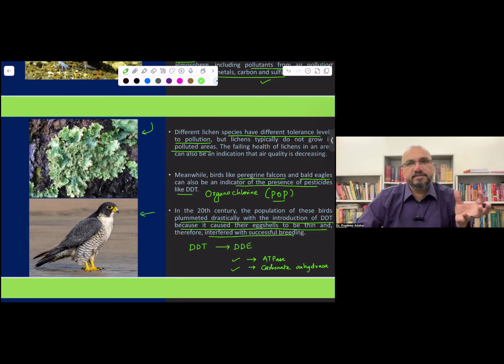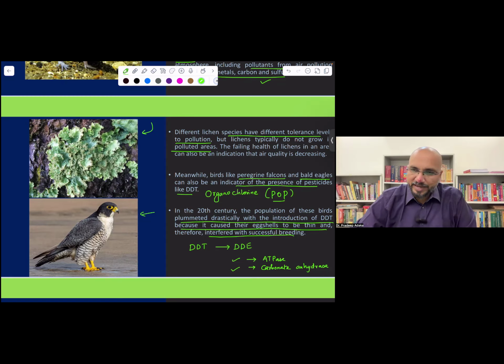So ATPase will bring the calcium which is necessary for the formation of eggshell. Eggshell is made up of calcium carbonate. So carbonate ions come from the activity of carbonic anhydrase, and ATPase will bring the calcium. So these two enzymes are inhibited by DDT. If these two enzymes are not there, calcium will not be available in sufficient amount, and calcium carbonate will not be formed properly. So eggshells are very thin